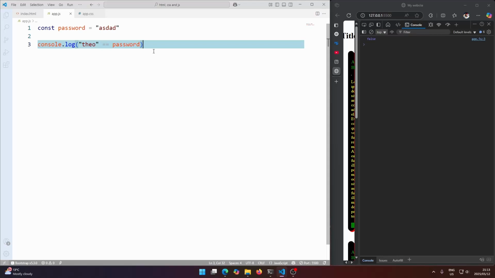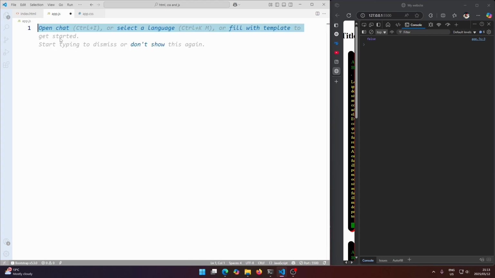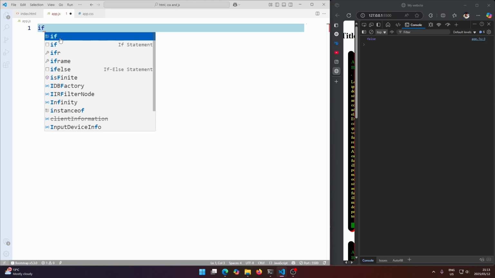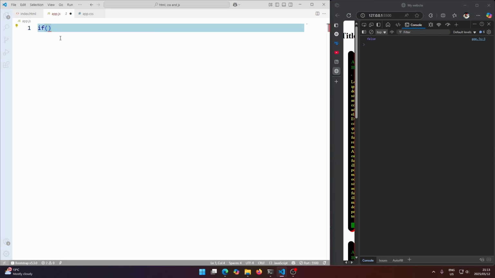Okay, so in this video we're going to go over if statements, which is how you run code based on whether a statement like this is true or false. So I'm firstly just going to get rid of everything here. And to create an if statement, you just type the word if, and then you want to use your normal